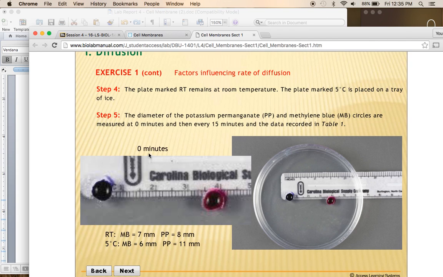So the starting time at 0 minutes, so at the very beginning of the experiment, at room temperature, the methylene blue is at 7 millimeters, and they're doing that based off of this ruler. So basically the methylene blue, the diameter there is at 7 millimeters, and the potassium is at 8 millimeters. And then at the 5 degrees Celsius, the methylene blue is at 6 and the potassium is at 11. So when you go to fill in the chart,